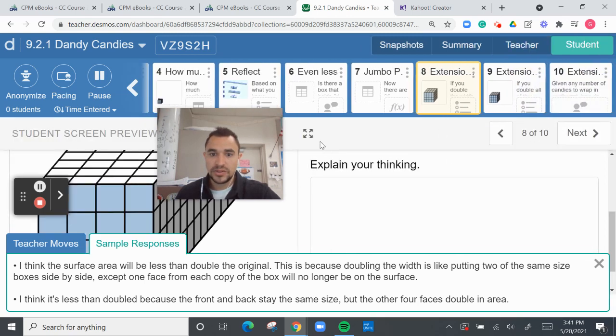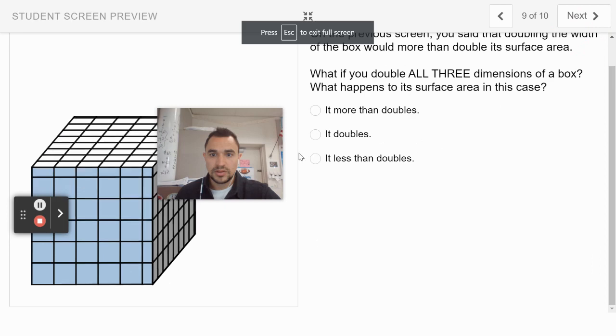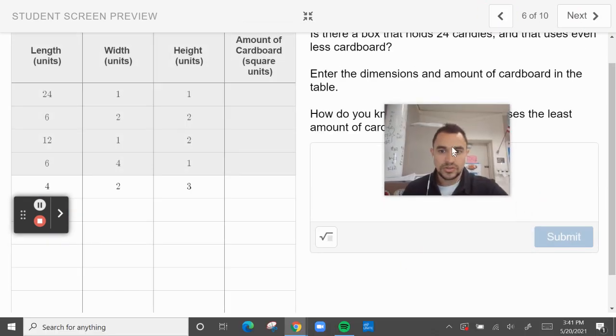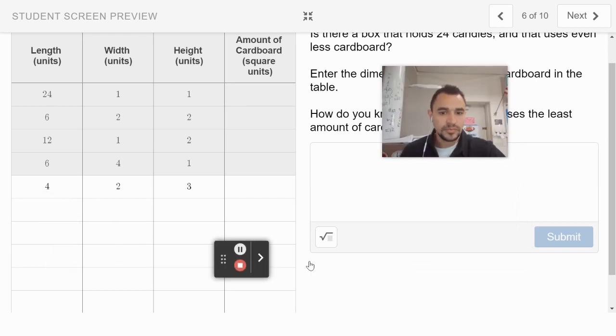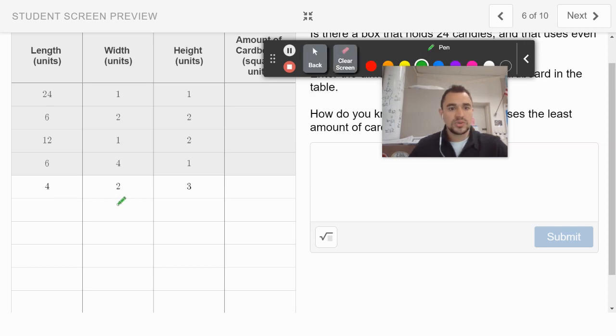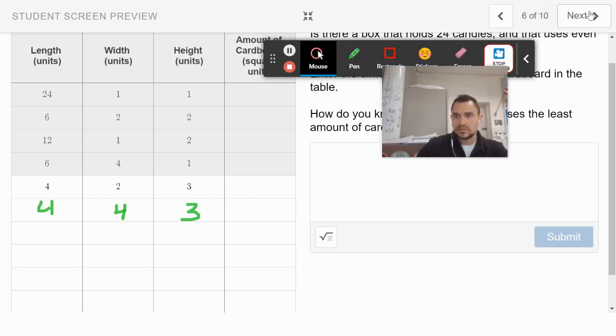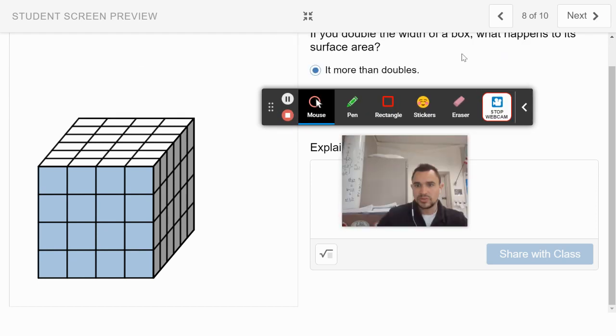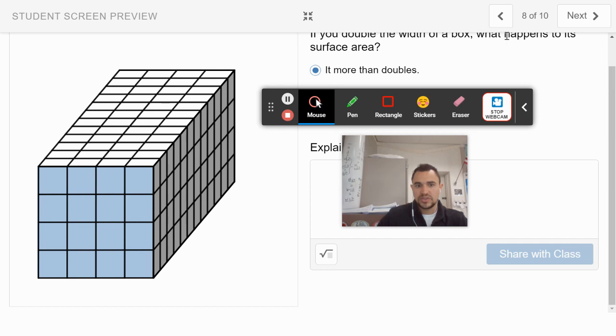So let's go to the next one. Let's try this out real quick. So if I had, for example, 4, 2, 3, get my pen. So I had 4, 2, 3, and I double my width. So that's a 4. So that would be 4, 4, and 3. Give me 1 second. What did it say? It says, if you double the width of the box, what happens to the surface area? If you double the width,